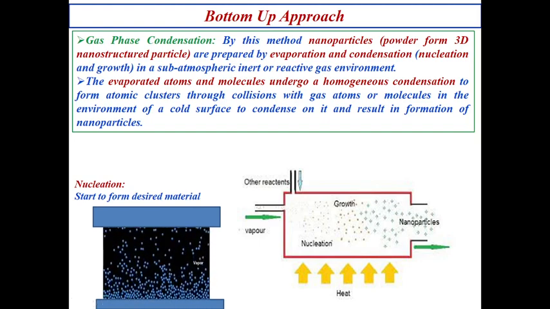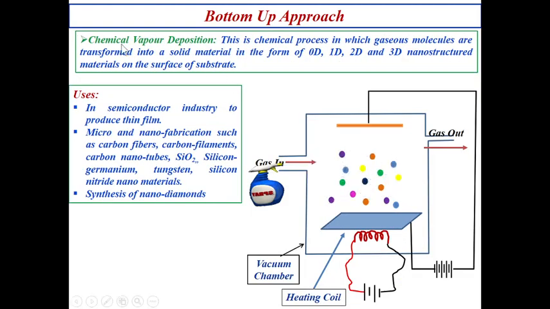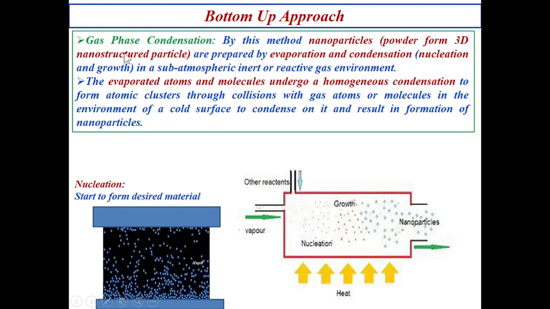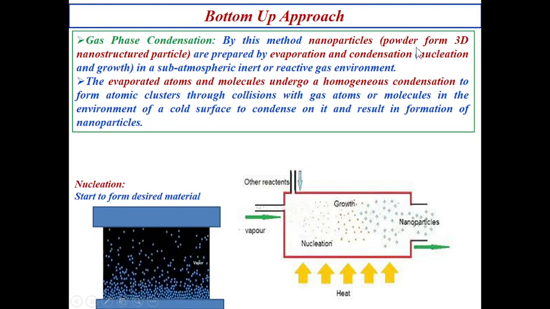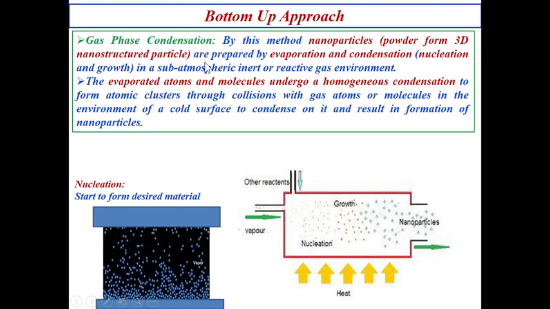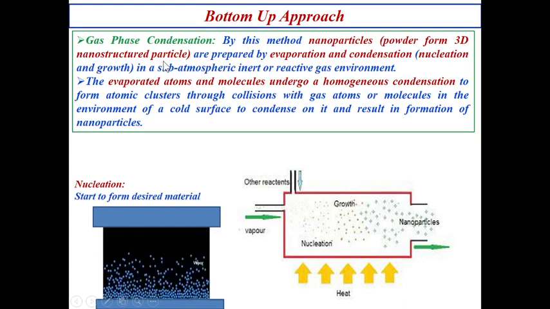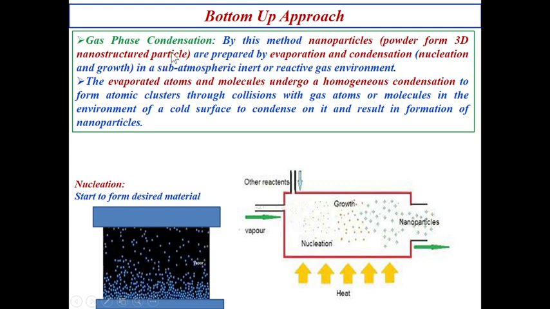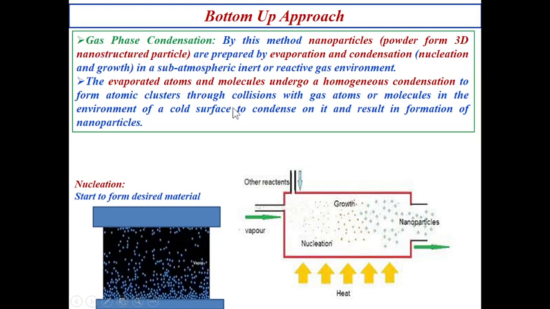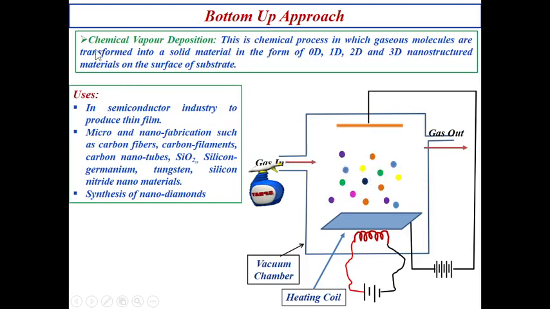Okay, next we have to go for another one, chemical vapor deposition. With the help of gas phase condensation, only 3D nanostructure particles, that means only powder form particles, are synthesized. But here with the help of chemical vapor deposition, in short also called CVD,